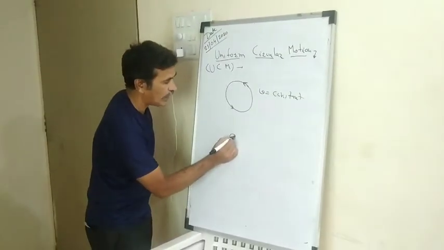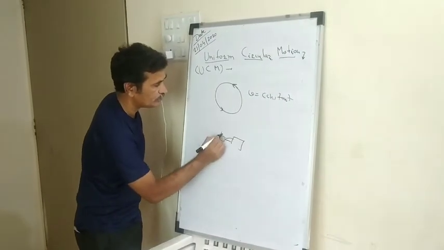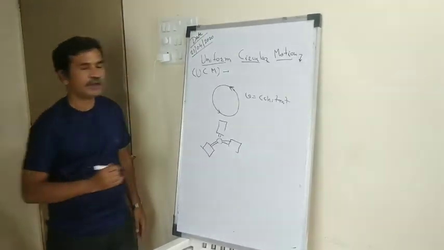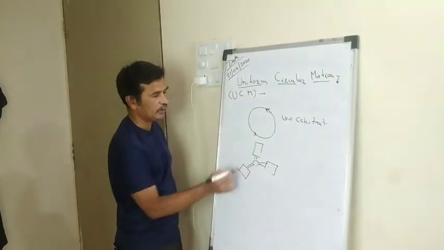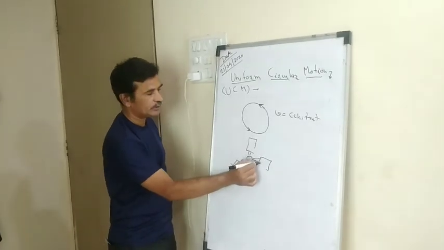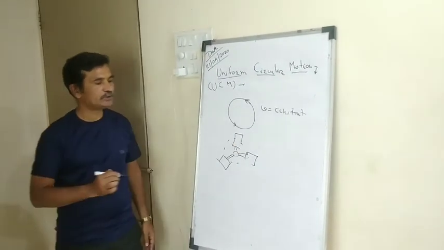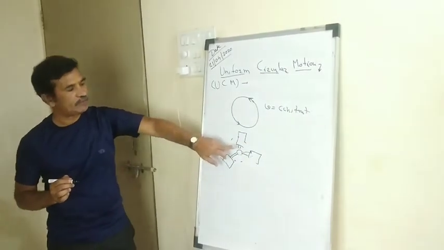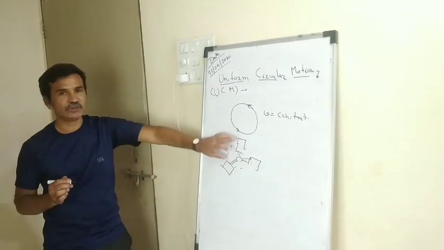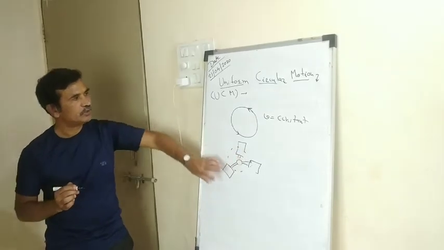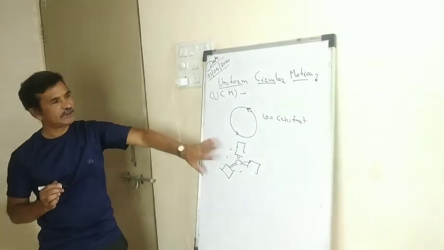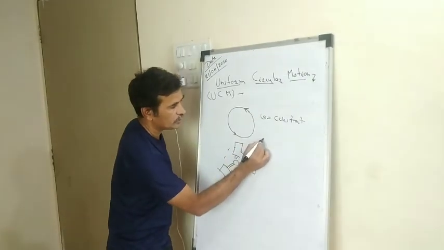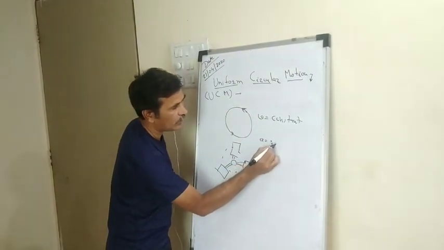Example, in the fan, if we consider any particle, suppose this particle, and this rotates, then this particle revolves along the circumference of a circle. So this velocity is constant. So we can say that every particle which is placed on the blades of this fan is in uniform circular motion. We have seen this part in previous standard also,